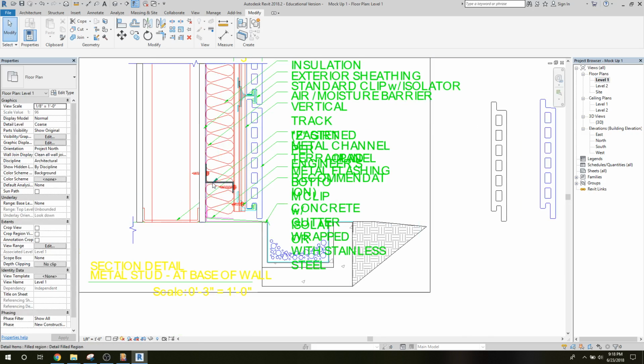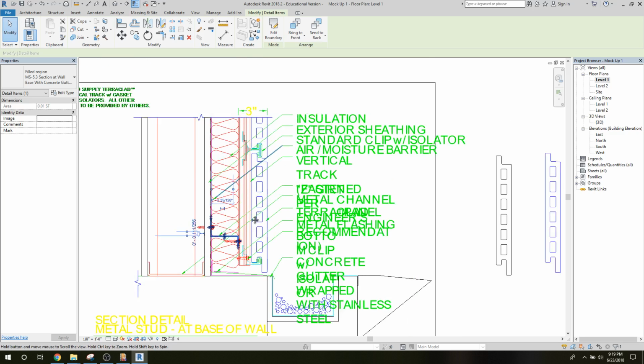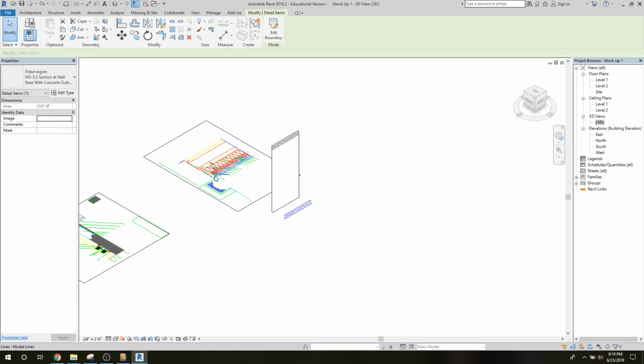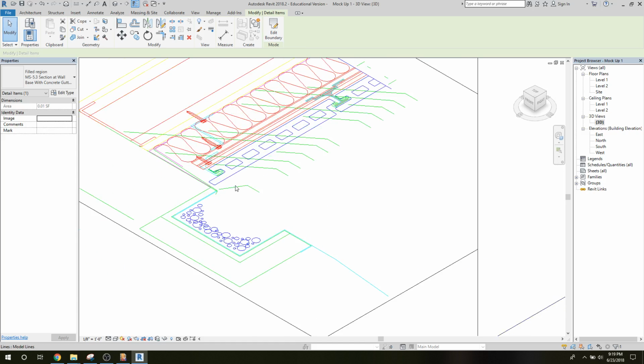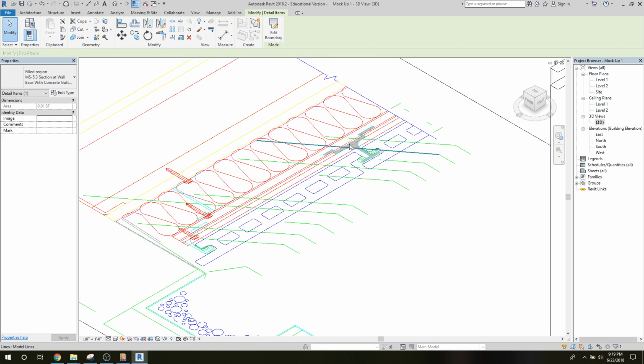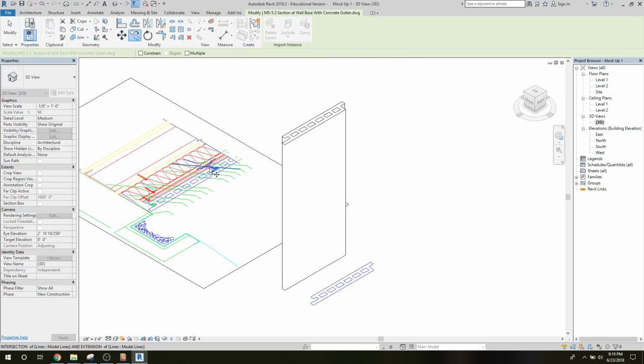What we also want to pull off is this Z-girt and the clip that holds the tile in place. They have a half clip, but we're just going to use the full clip, and that fits into a track, which we're going to go ahead and grab. I'm going to go to the 3D view again because it's a little bit easier to grab 3D objects. Some of that had filled regions in it, which won't copy over as well. And I'll go ahead and try and grab that clip and copy it over,